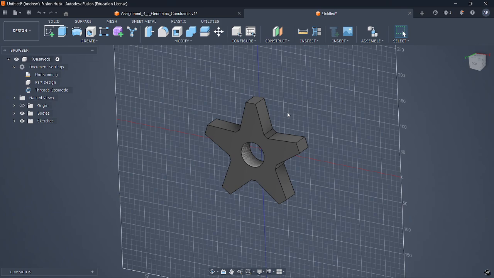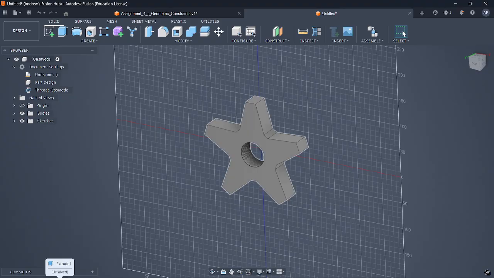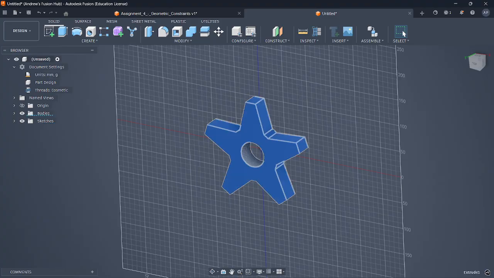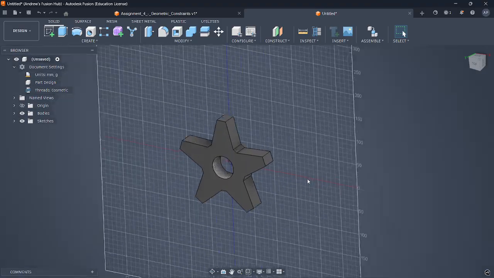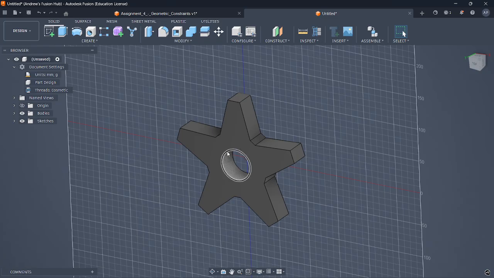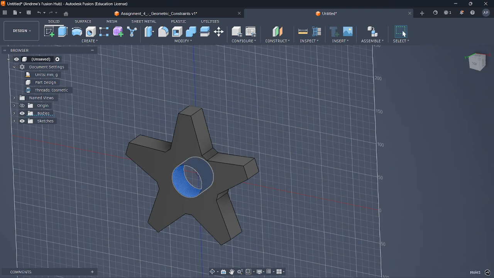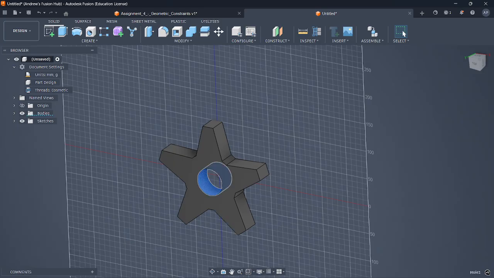And this is also why I mentioned last week that the timeline is important, because you can see what tools you used, right? In this case, we started with a sketch, we made an extrusion, and then we used the hole tool. So when you submit your assignments from this week and forward, you want to make sure you have your timeline so I can see what you did, right? Here, we used the hole tool with some threads, so I'll know that you did that if I read your timeline, right? If I just made a straight hole with an extrusion,